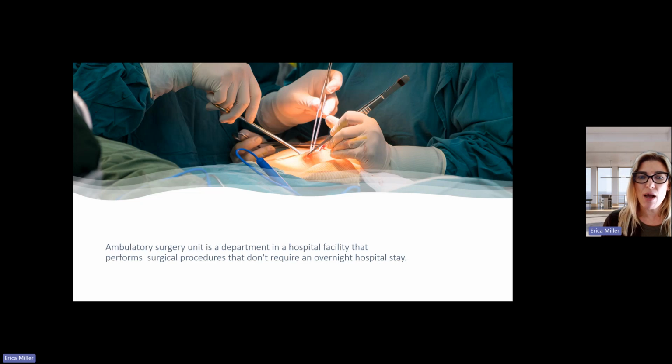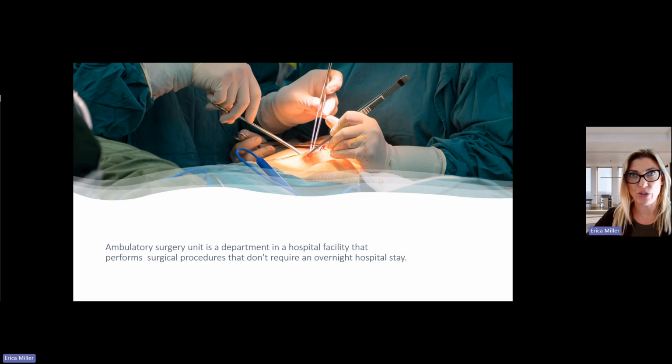All right, let's talk about ambulatory surgery units, also acronymed as ASU. An ambulatory surgery unit is a department in a hospital facility that performs surgical procedures that don't require an overnight stay. When we talk about ambulatory, I want you to think same day in, same day out, okay? An ambulatory surgical unit is a department that's connected to a hospital, but can perform